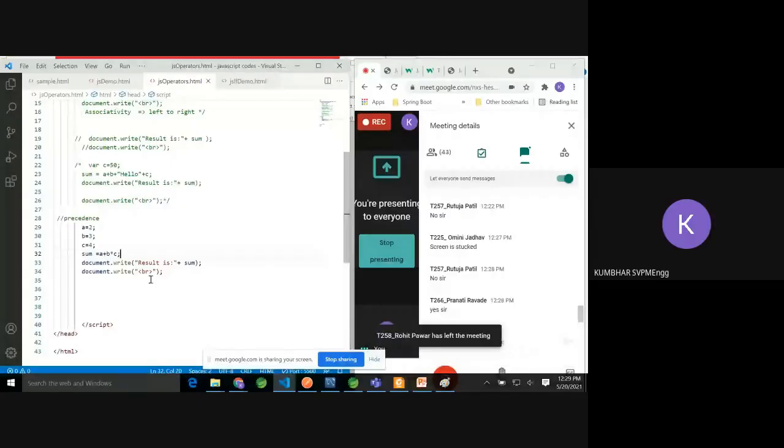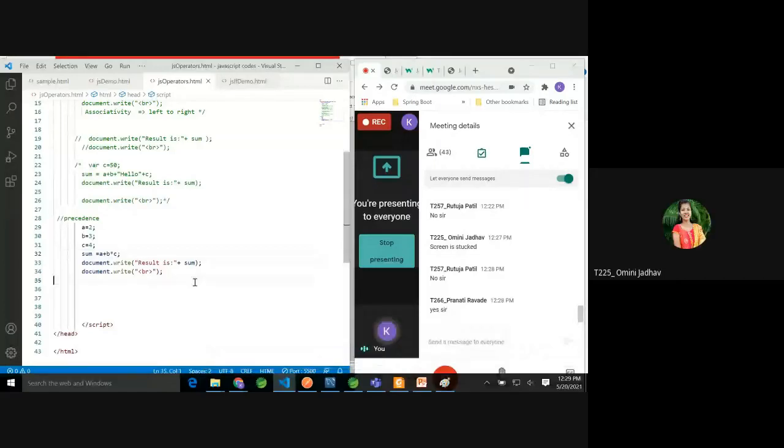Yes, so this was the precedence example. A equal to 3 values are assigned and a plus b star c. So I was telling that multiplication will happen first and then addition, even though the associativity is from left to right. Correct? And that's why it will print 14, that is 4 into 3, 12 plus 2. Is it okay? So check out the code, you can easily understand. Line number 32. Multiplication will happen first and then addition.